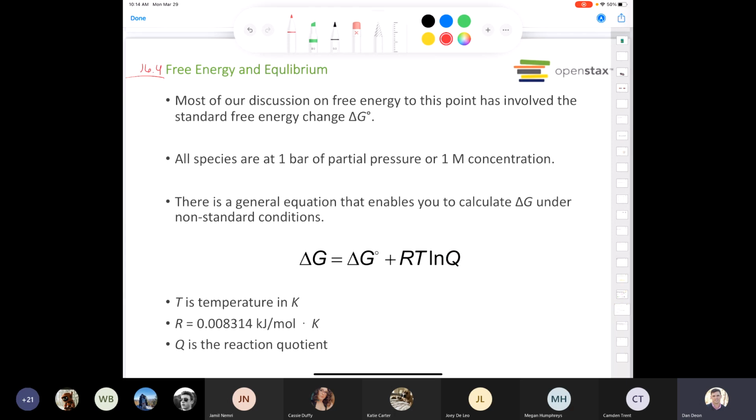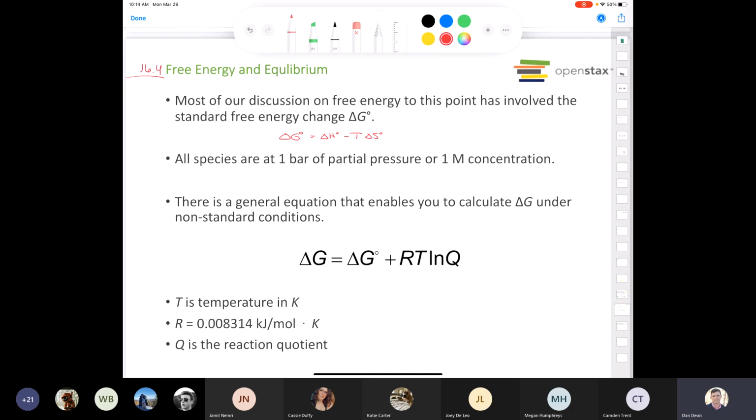Just about everything that we've talked about up until this point dealt with standard free energy change, right? It meant that everything was at 1 atmosphere or 1 bar of pressure. Solutions had a 1 molar concentration, right? We even learned how to calculate standard free energy change at different temperatures, because we said delta H and delta S, their dependence on temperature is really small. So even if we want to calculate delta G at a temperature that's not 298, we just use our good old 298 value for delta H. We plug in the new temperature. We use our good old 298 value for the delta S, no problem. And we can calculate delta G when we have our compounds in their standard state,